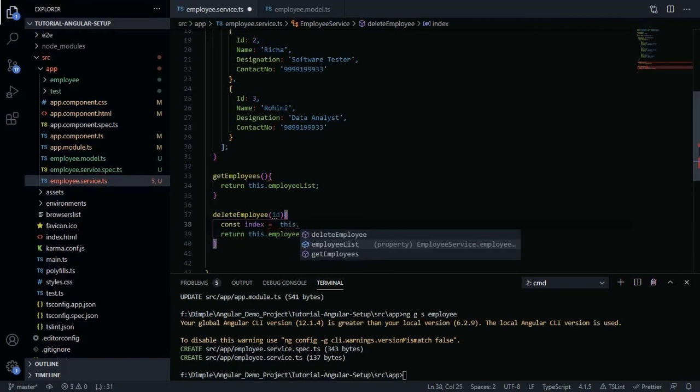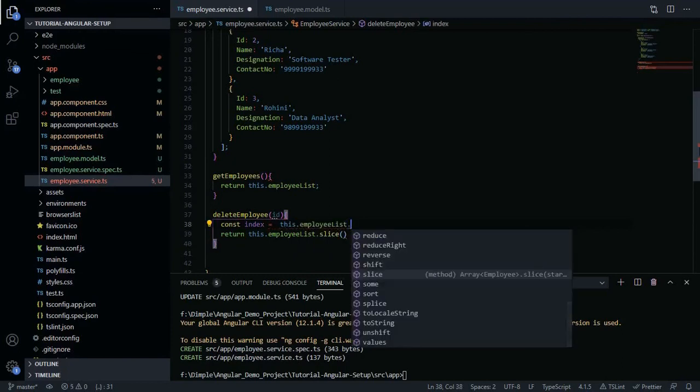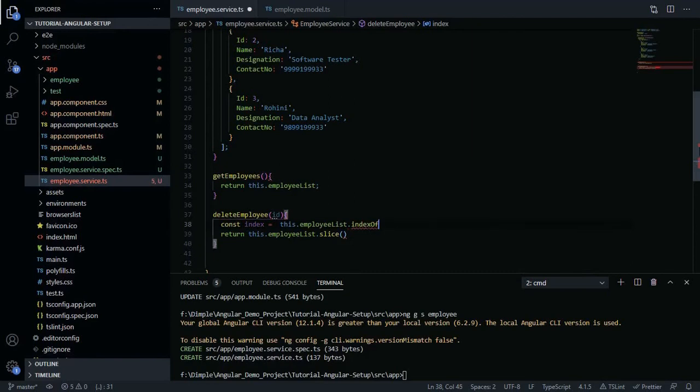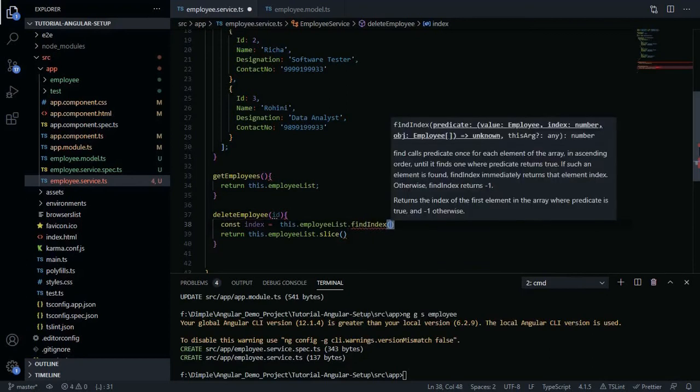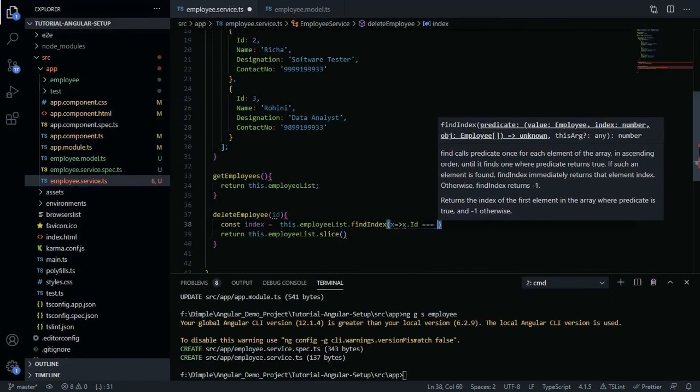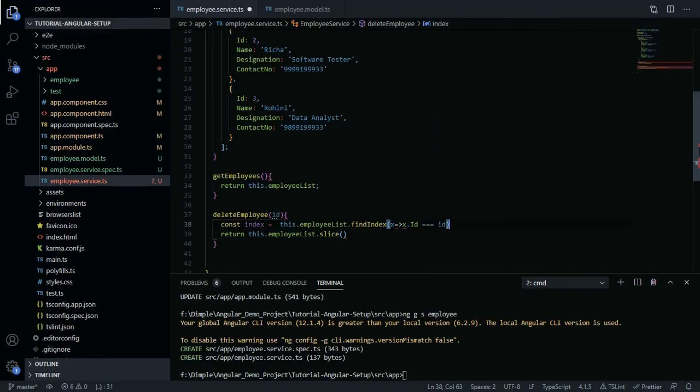So this.employeeList.indexOf, or you can simply say findIndex. Okay, there you will get the index.